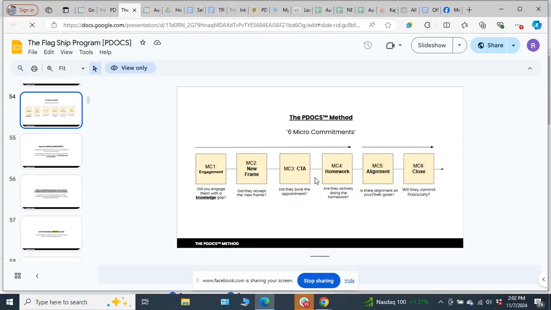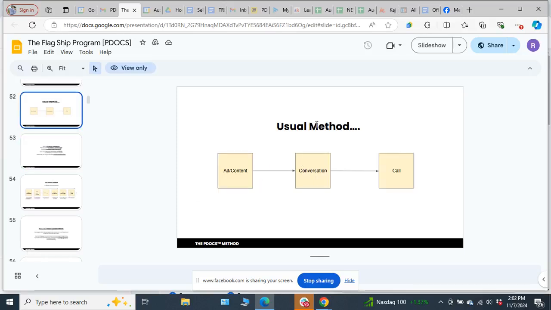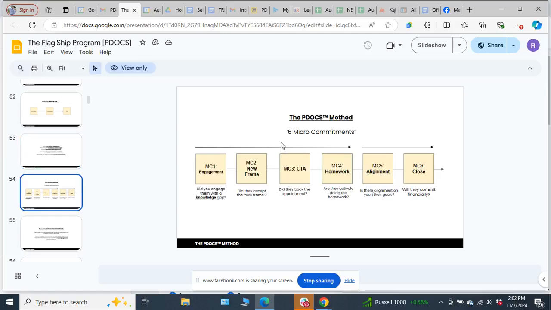Again, really briefly, in most sales processes or usual sales processes, we see about 3 steps, right? There's ad or content, something to get engagement, which is obviously going to be part of the messaging. Then we send them to a triage conversation, a pre-qualifying conversation, a pre-qualifying form fill, what have you, then to an actual sales call, right? So we utilize what's called a micro commitment 6-step sales process. In the old process, guys, the one I just showed, that would be steps 1, 3, and 6. And the new steps that we implement into ours, or the things not all businesses or all companies are implementing into their sales process, are steps 2, 4, and 5.